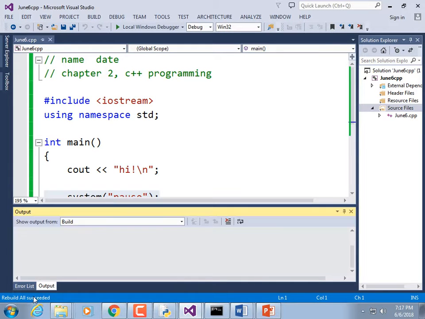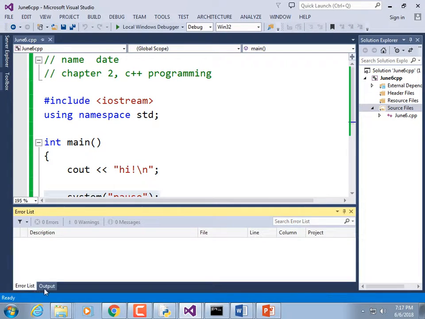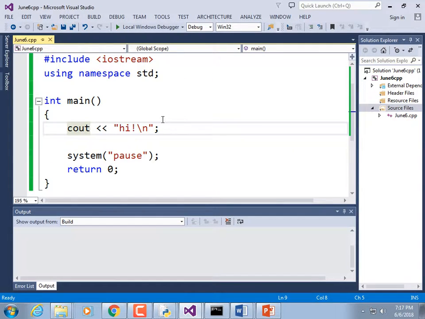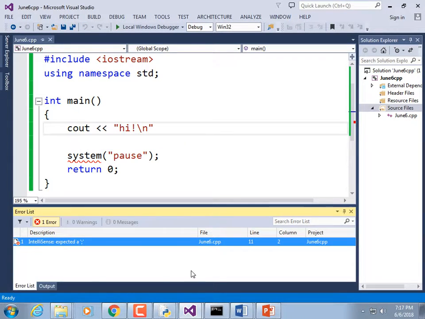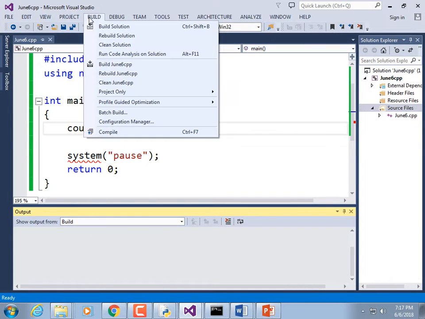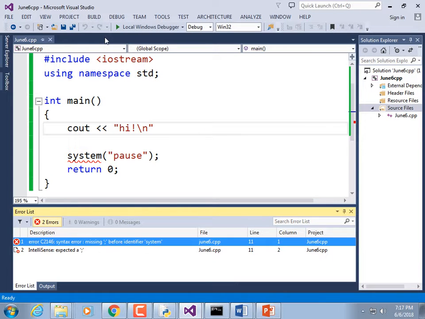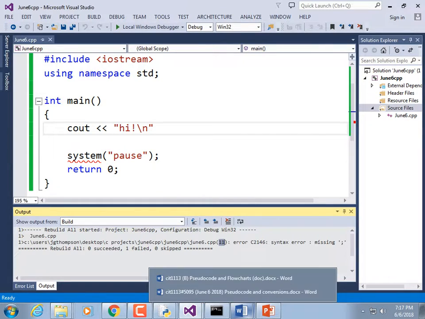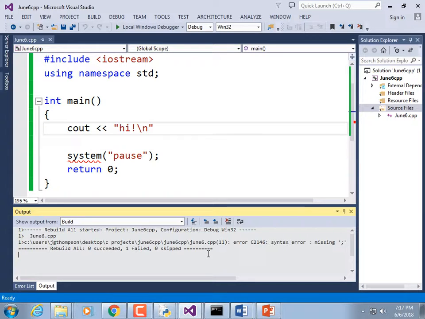And by the way, some folks were running it and not seeing the error list. If that is the case, I haven't quite figured out. Surely there's a way to bring that back. Maybe it's under the View menu. Okay, it just recreated it. And so when you were running it and not seeing the error list, well, you can go to the output. It's not quite as easy, but it does tell you the line number of the error right there. You see the build output,